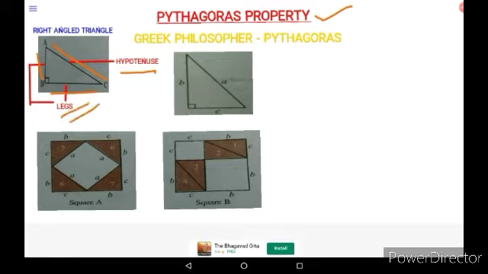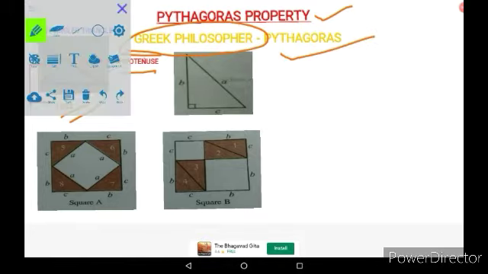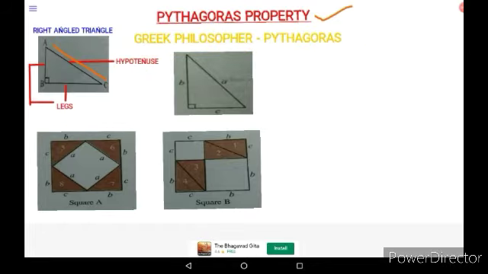Now, first of all, why is this property called the Pythagoras property? This is because it was found by a Greek philosopher whose name was Pythagoras. To give him honor, the property was named the Pythagoras property. Now, what does this Pythagoras property state? It states that in a right angled triangle, the square on the hypotenuse is equal to the sum of the